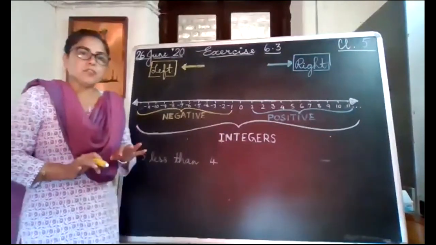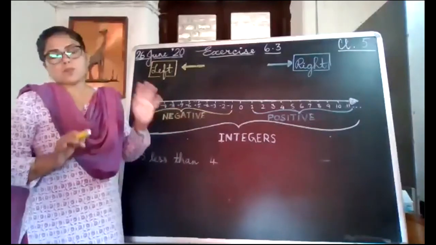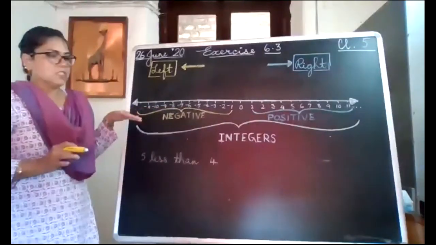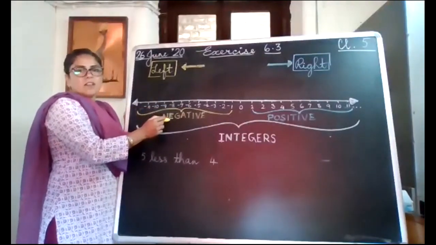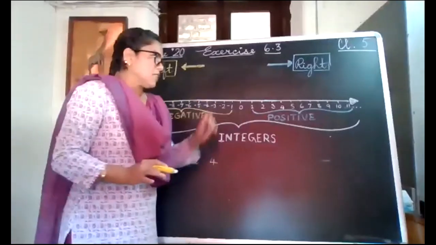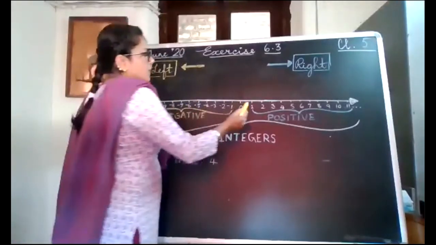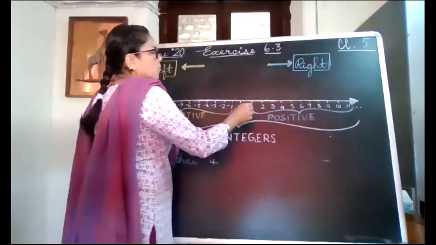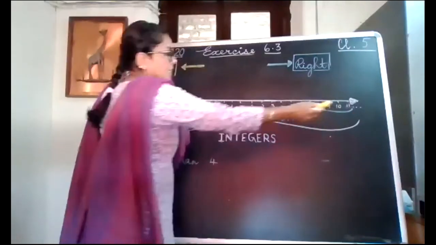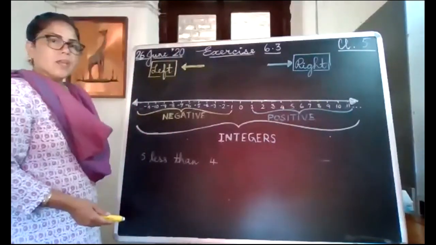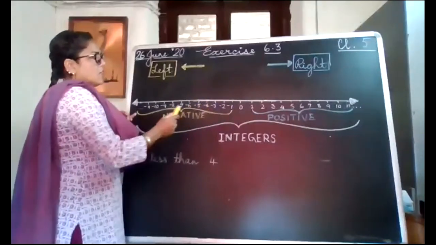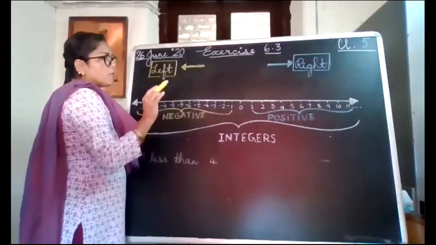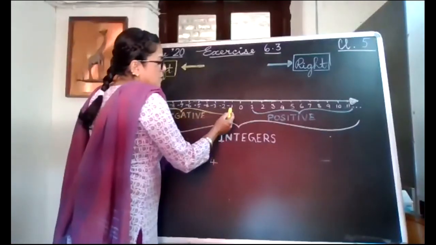Now whenever you get confused like which side is big and which is small, sometimes it can be confusing. So you don't look at the negative integers, because the negative integers can confuse you. You look at the positive ones. Okay, and how will you see that? We know that 1 is more than 0, 2 is more than 1. So as we are going that side, it is becoming bigger. Okay, so in the negative integers, the number which looks big is actually small. Okay, what am I saying? Look here, -1 and 0.